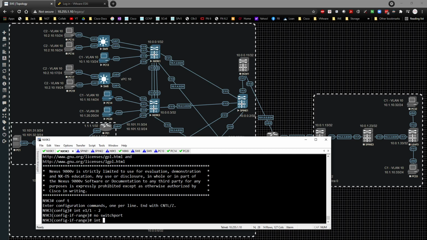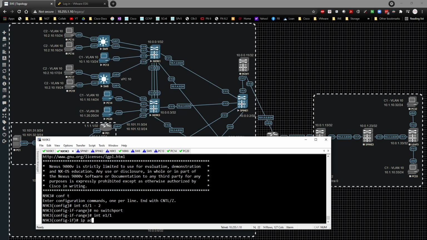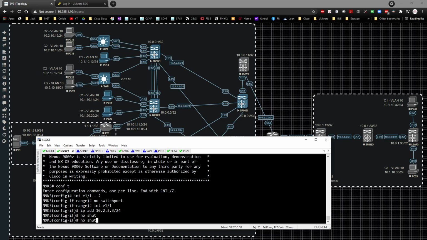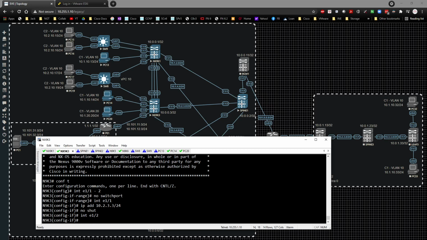9K3, same thing, interface E1/1. IP address here will be 10.2.3.3/24, no shut. E1/2 will be 10.3.4.3,